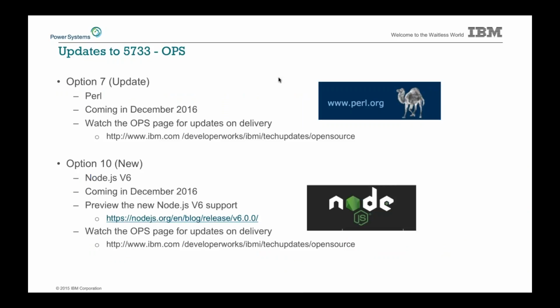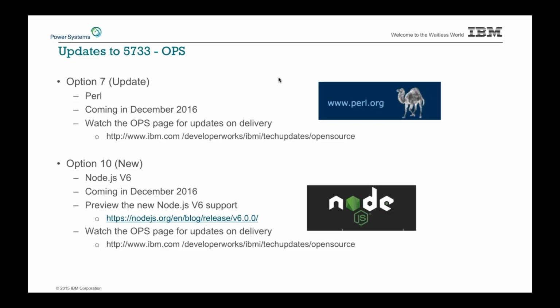Other open source updates. OPS will be updated. These updates will not happen in November. They actually will be one month following. So these will be in December of 2016. We'll be adding Perl, and that'll be added to our Option 7 Tools option. You'll just get the latest PTF and you'll magically now get Perl. As well as in December, Node.js version 6